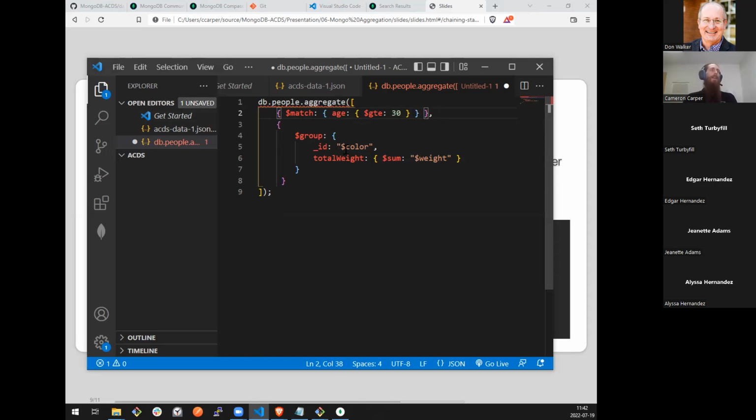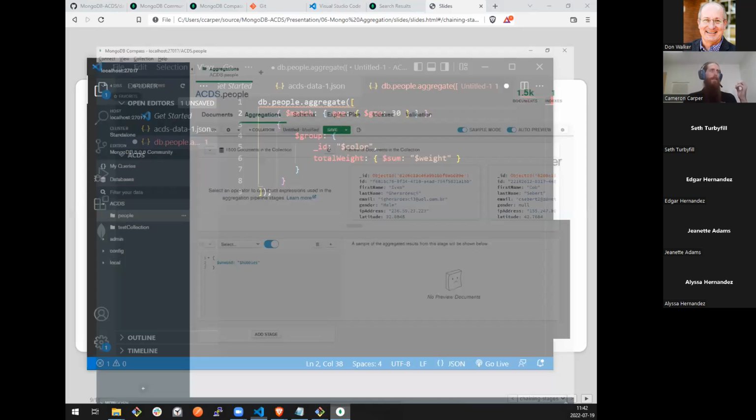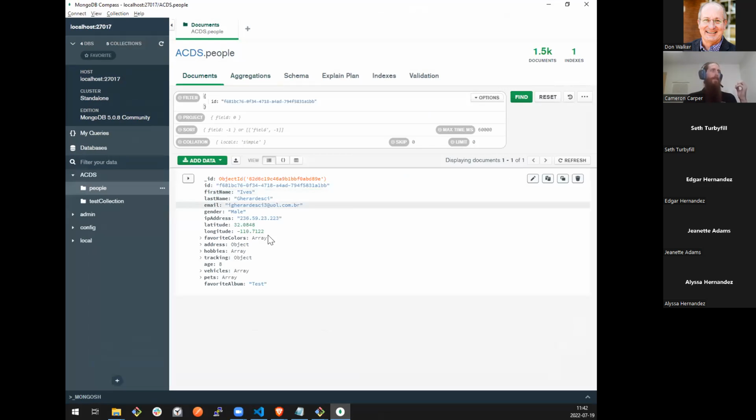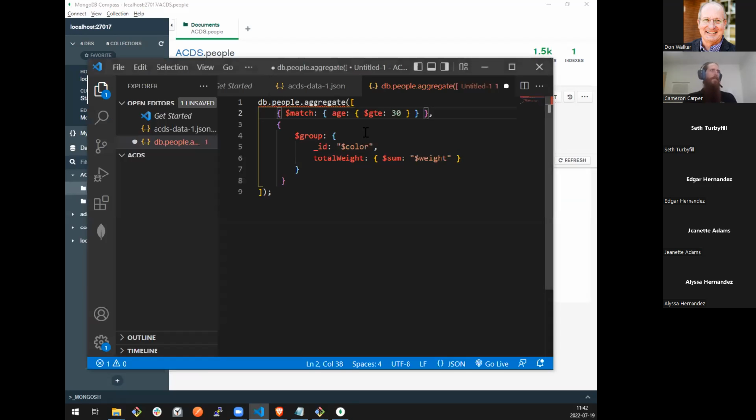And then, what do I want to do? I want to group them by a good property to group by. Gender is easy, so we'll group them by gender. And then we want to do some type of accumulator.